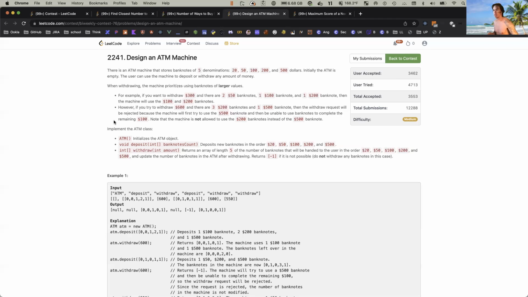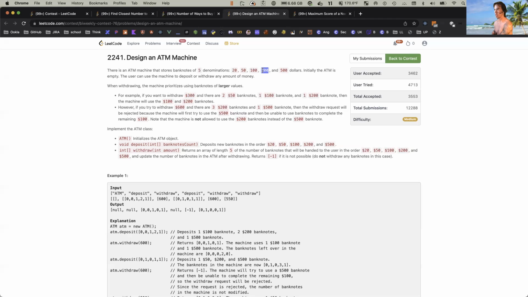All right, there's an ATM machine, it stores 5 denominations. It starts empty. A user can use the machine to deposit or withdraw any amount of money. When withdrawing the money, the machine prioritizes using larger banknotes. Okay, for 300, you'd use the